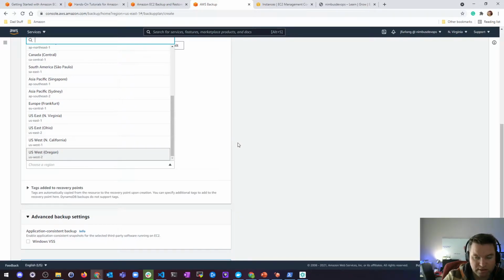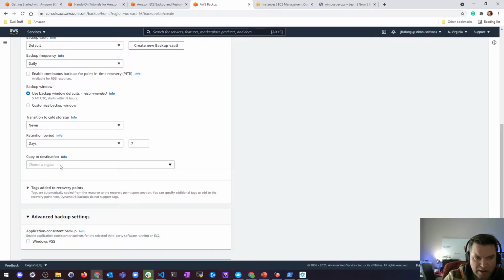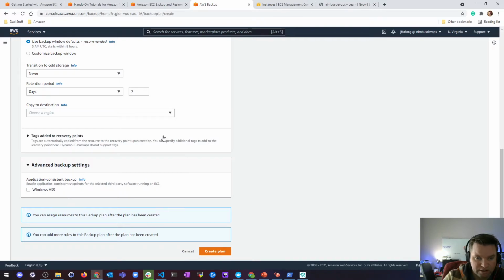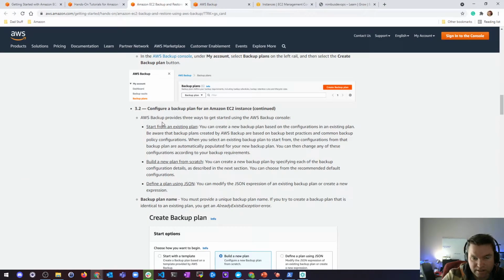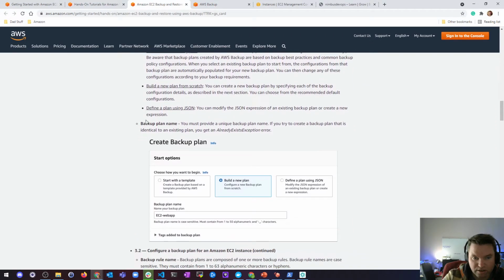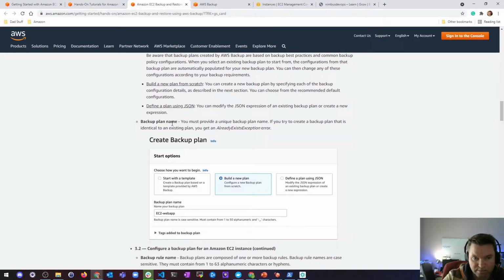Since a lot of these are regional resources, you can go ahead and recreate these things if you have a backup in a different region. But for now, you don't need to worry about copying it, and you can leave everything else as default and create the plan. So if you look at the instructions, you're going to start with a backup plan name,